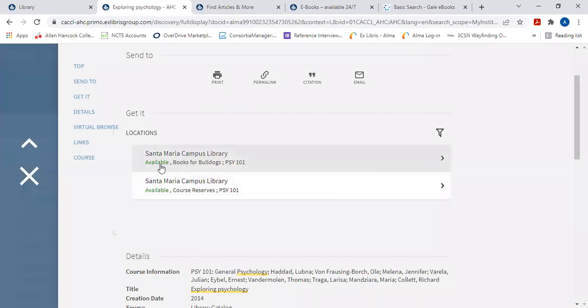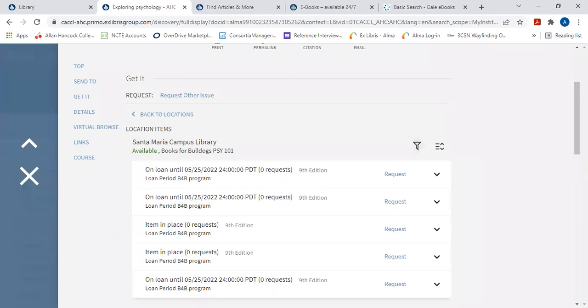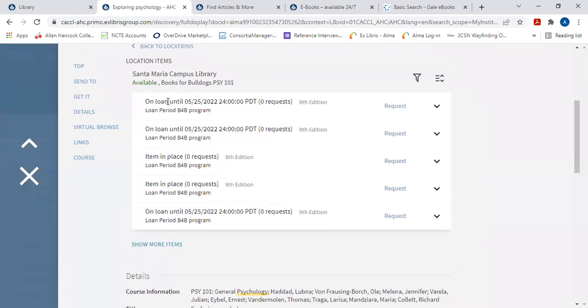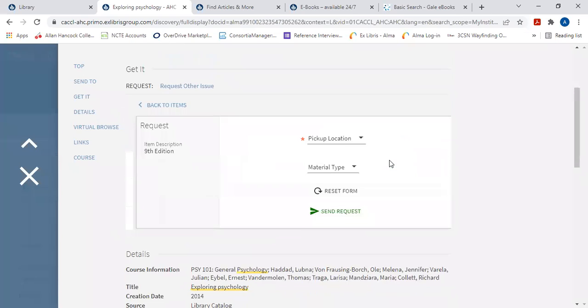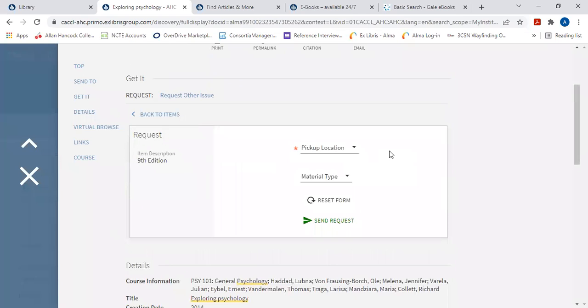I'm going to click on where it says Available Books for Bulldogs, and then it tells me that there are multiple copies of this book out on loan, but there are 2 copies that are in place and are available to borrow. So then it says 0 requests, which means no one else has requested either of these copies. Then I would click on Request and follow through the process in order to place a hold request and then